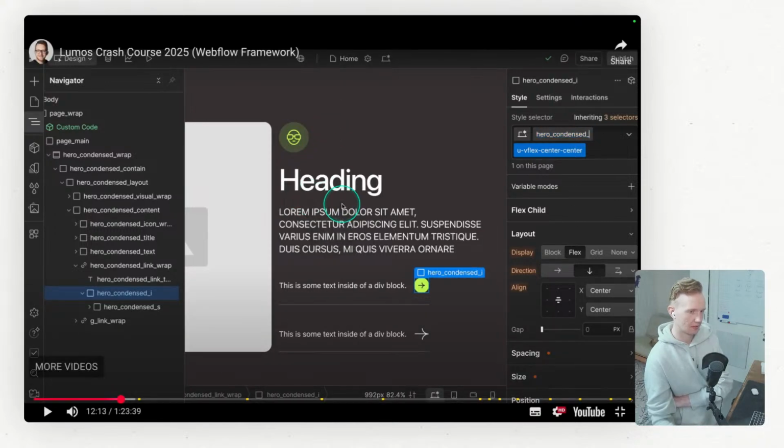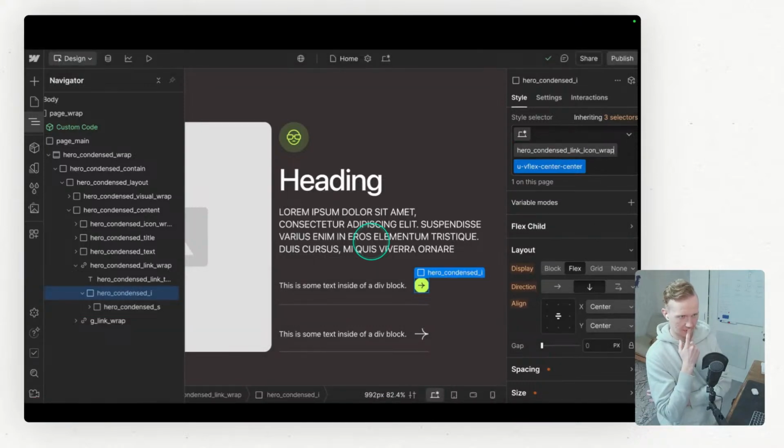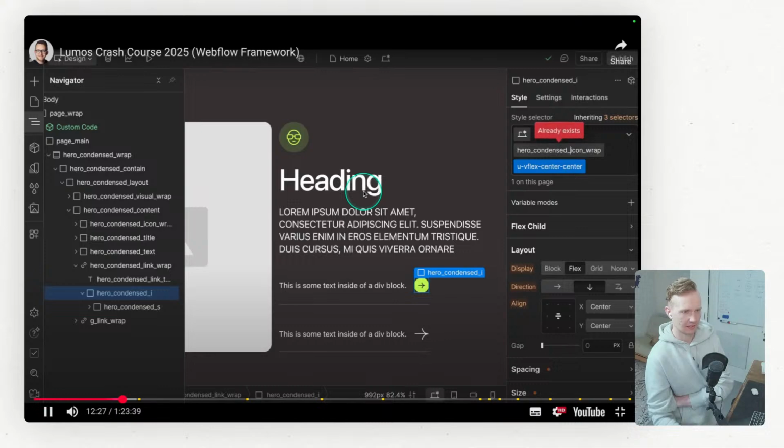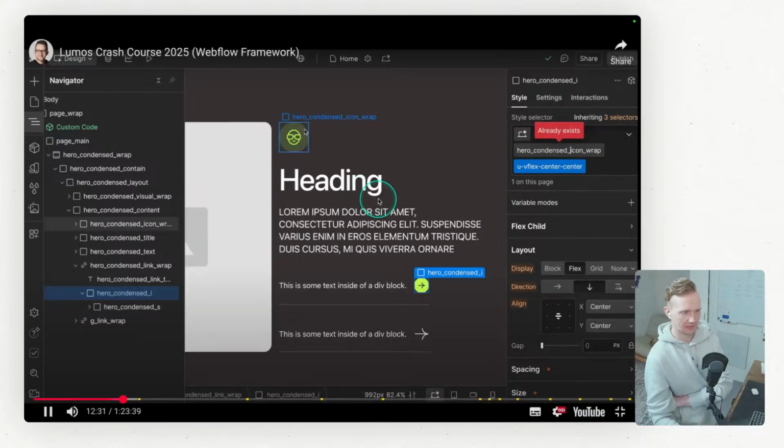Again, there is an I for icon, S for I'm not sure what. So we don't want to nest a child component inside of a child component. We wouldn't call this link icon wrap because we should never have more than 3 underscores, and this puts us at 4. Instead, we just want to nest this child component directly into the entire section. Now, the section already has an icon sort of child component. Okay,